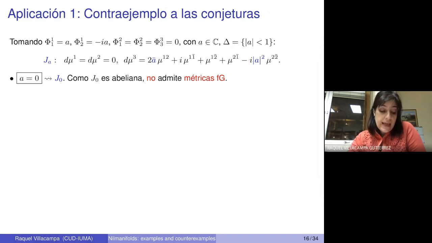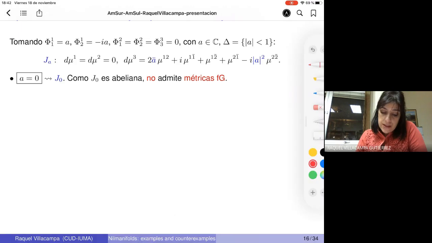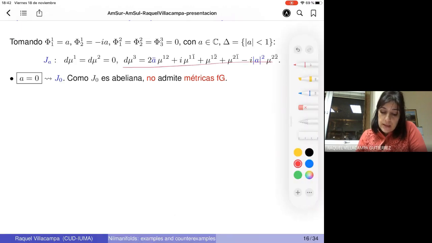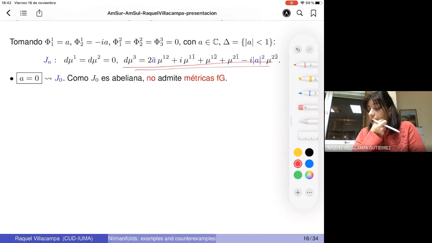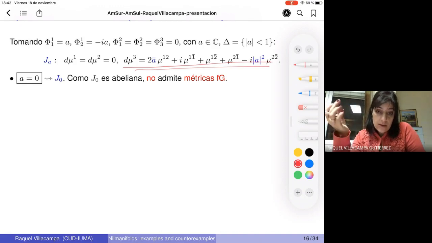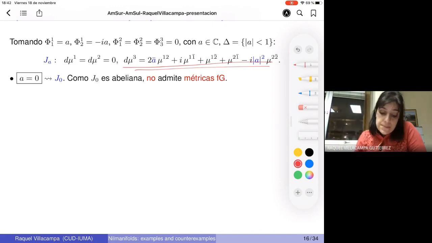Well, when A is different from 0, this expression here is a family of complex structures. We have a dictionary of complex structures on any nilpotent algebra. And this particular complex structure does not belong to our dictionary. But,